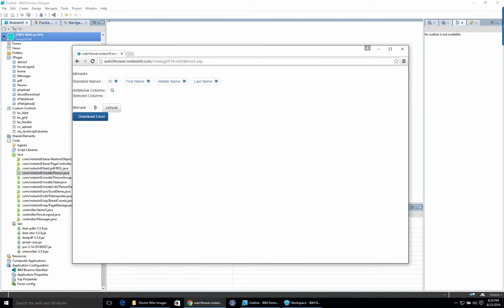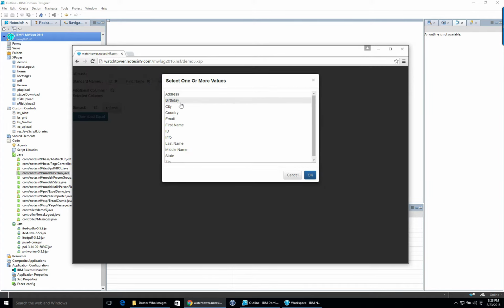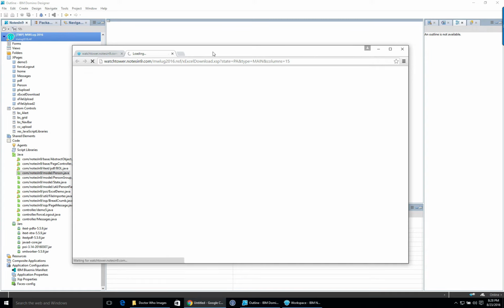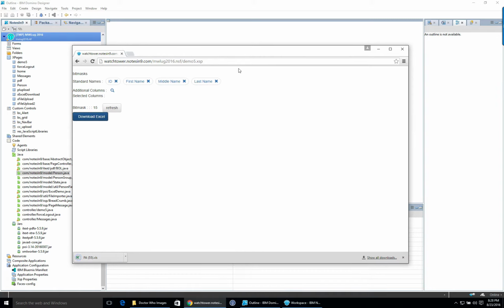So if you look at the bitmask here, I don't know why I put three colons here, that looks dumb, but it's 15. So these four things equal 15. If I add address, now it's 31. If I remove it, it's back to 15. Refresh doesn't really do anything here, but if I run download Excel now, and I'm calling this the X agent, basically, I'm passing in a state, which is hard-coded, and it passed in that bitmask, if you saw that. So if I bring up the Excel,